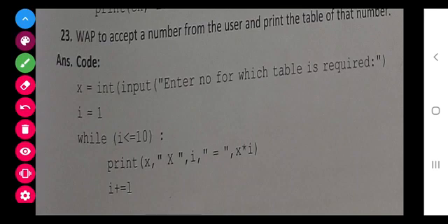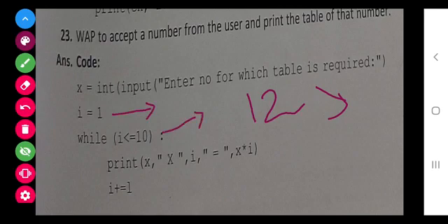Now your next is to display a table. This I have told you using a for loop. Now see, if you want to display a table of an entered number, suppose the user enters 12, then 12 times 1, 12 times 2, up to 12 times 10 we have to find out. So the initial condition is given as 1 and the final condition is given as smaller than or equal to 10, meaning it should go till 10. If we give i smaller than 11, it means the same.